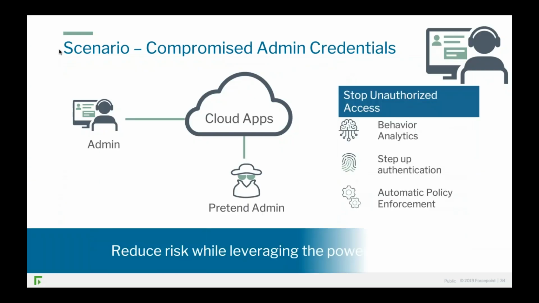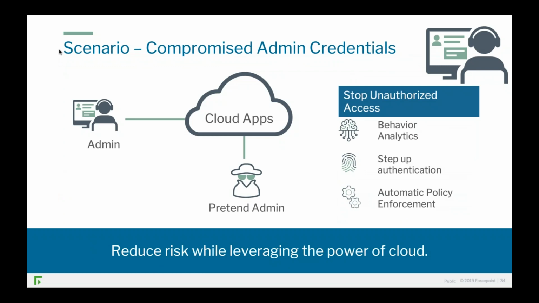Okay, let's talk about admins. So, admins have God mode, right? If you want a secret to CASB success, it's focus on your administrators. They're the ones that have the ability to cause lots of disruption, if something goes wrong. So we use really strong behavior analytics to try and differentiate between an admin that's just doing their normal job and an admin that's maybe, it's Friday afternoon, they decided they want to get home early. So maybe they just add a couple of Microsoft.com users to Office 365 without telling anybody, or just remove two-factor authentication perhaps from their account so they can work from home, whatever it is.